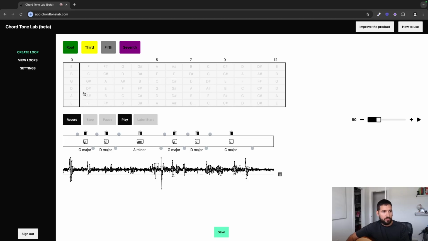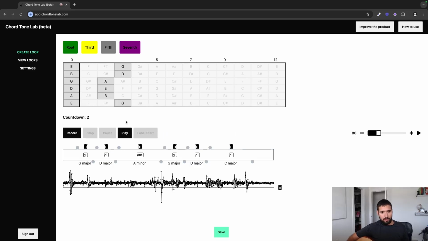And the idea is once you have your rhythm layer and your chords labeled, you can visualize whatever part of the fretboard you want. So let's just assume we were going to try to improvise with a G major pentatonic scale. We can select the notes of that scale for a particular position, in this case, first position, and you can play your layers back,